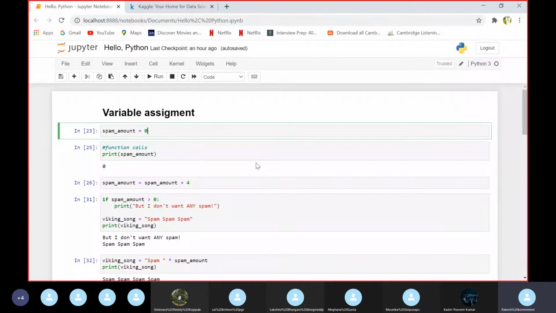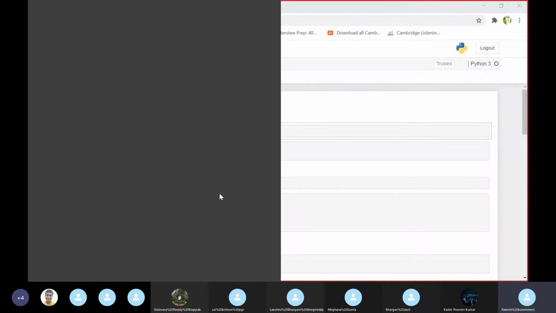Here you can see we assign the variable called spam_amount with the help of the equals to operator. We have assigned the value as 0. This equals to operator is also called the assignment operator, which helps to assign different values to a variable.